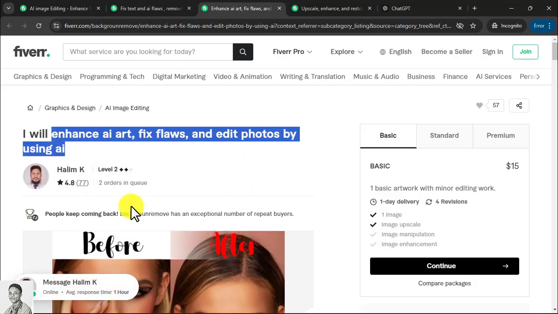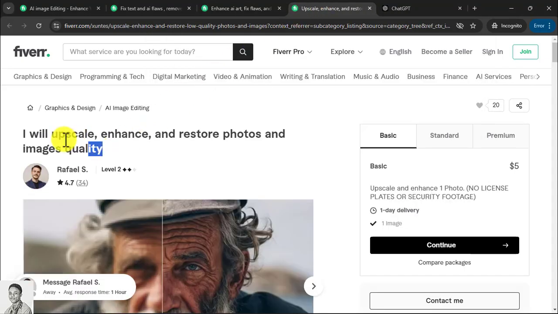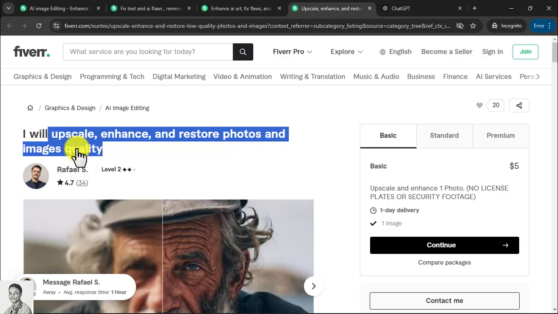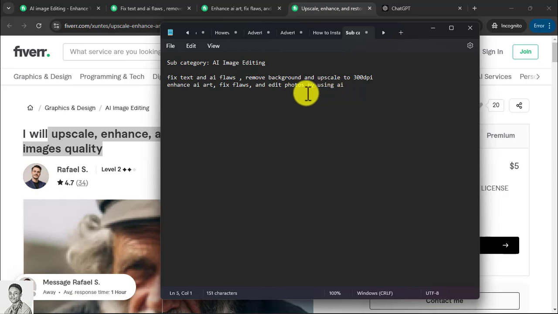Just follow me. Come right here and then paste. Then the third one also. There's no magic to this thing. This is how I come about my title. Come right here and paste. Now you have 3 titles that you are working with, and you have your major categories, AI image